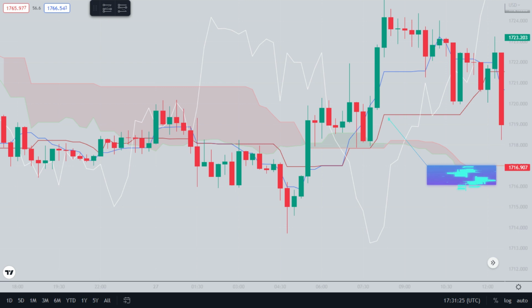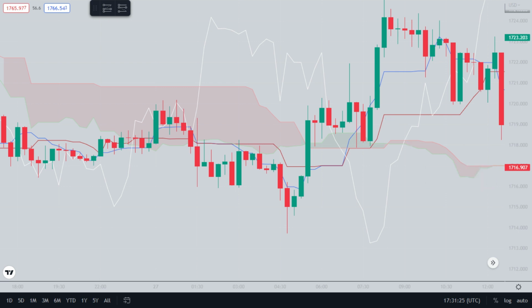The third one is the baseline, also known as the confirmation line. This component also serves as a signal for support and resistance levels, and many traders use this line as a level for a trailing stop. It also serves as an indicator of a trend. If the price is above the baseline, then the market is in bullish territory. Likewise, if it's below the line, it's in bearish territory. Now this line is calculated by taking the midpoint between the highest high and the lowest low over the past